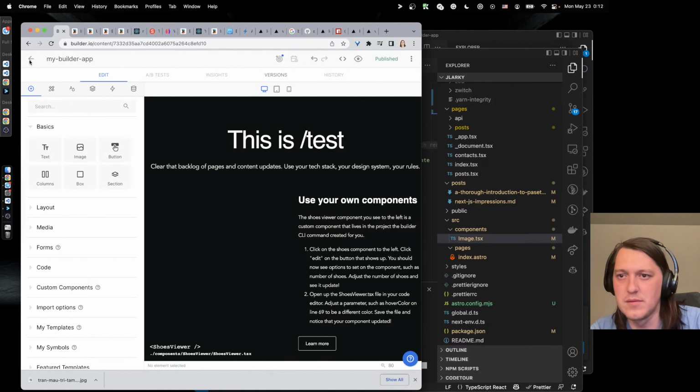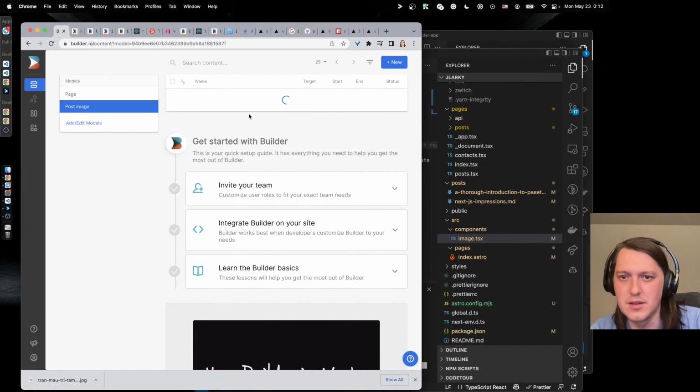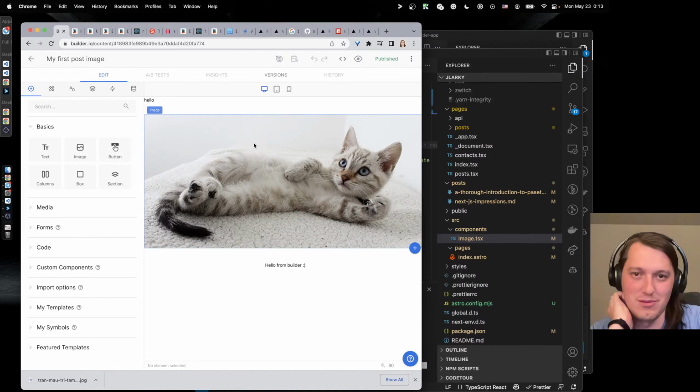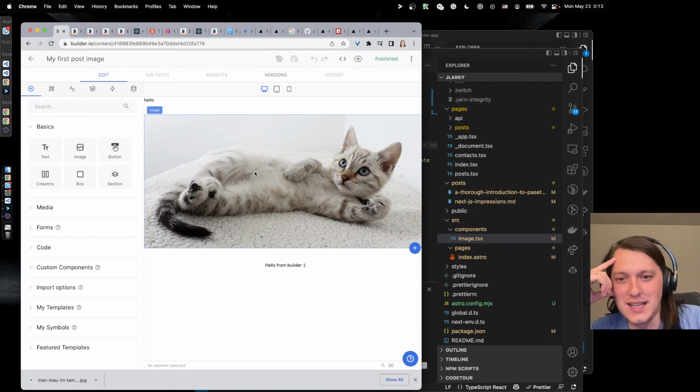Okay, so let's go back to the image again. I think they do a pretty good job with generating all the different sizes and crops for the image. So if I wasn't afraid of the 10,000 page views, I think it's a good option. Okay.